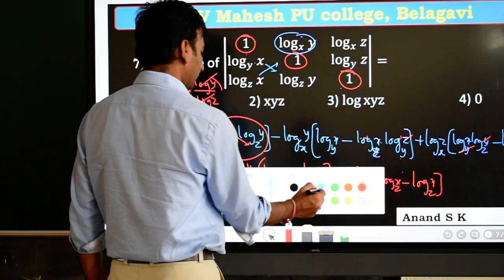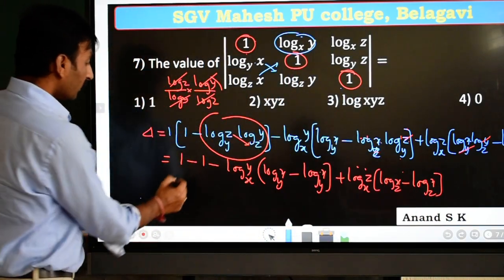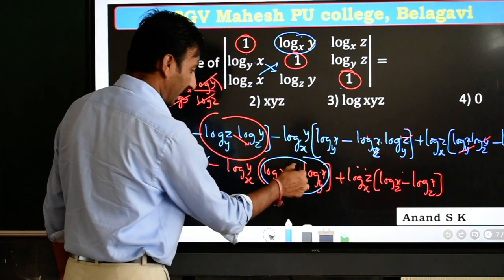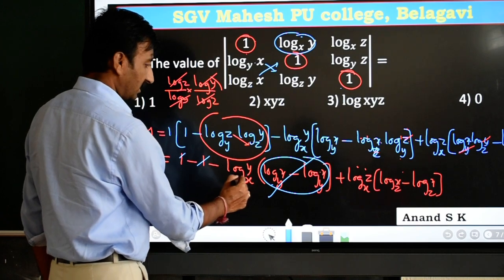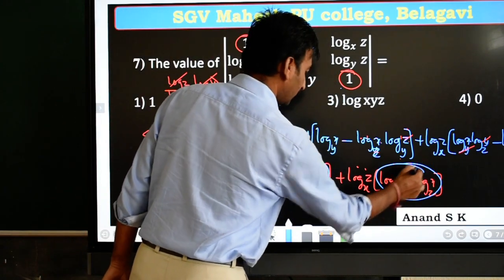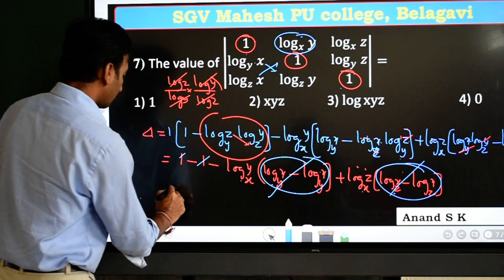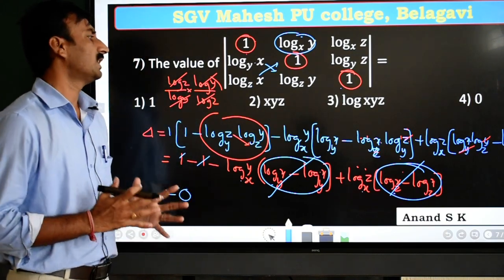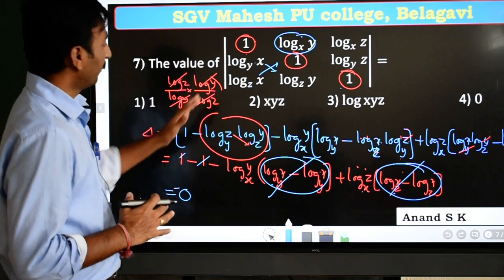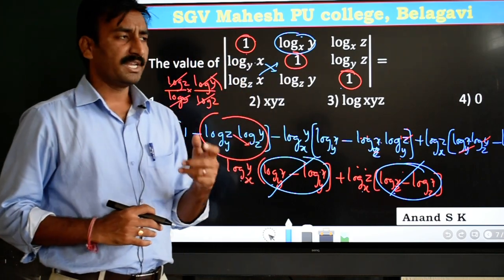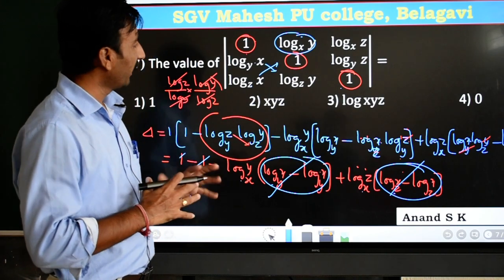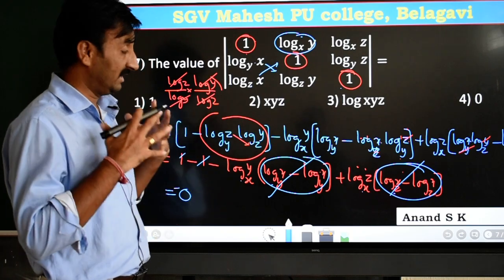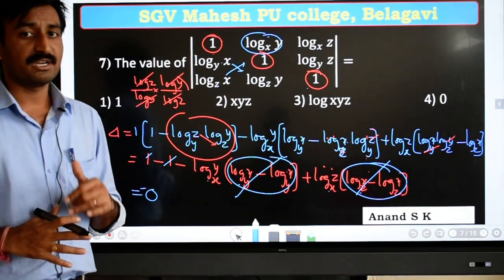Now the very interesting thing is here, 1 minus 1 is 0, here these two terms are similar so they vanish, it is 0, 0 into this number is 0. Here these two are similar, this is 0, 0 into this number is 0. So the final answer you get for this is 0. A very easy question, but sometimes you feel that because the bases are different it may look tedious. There is no such ambiguity in these kinds of problems. There are several methods, see the problem from the inside and you can easily understand.